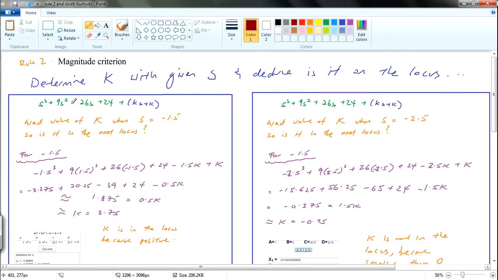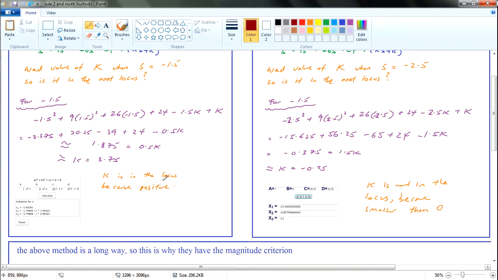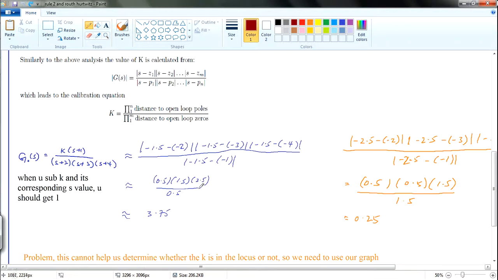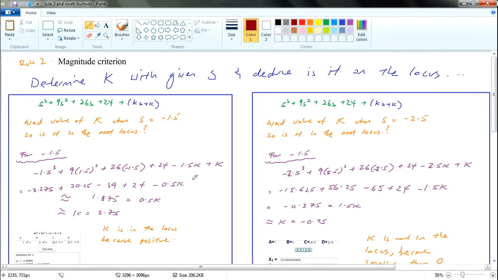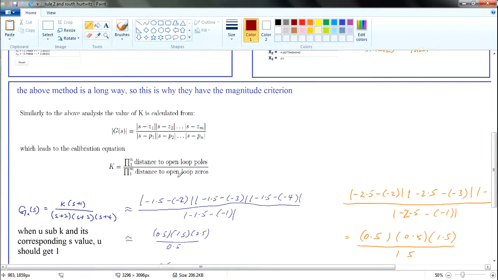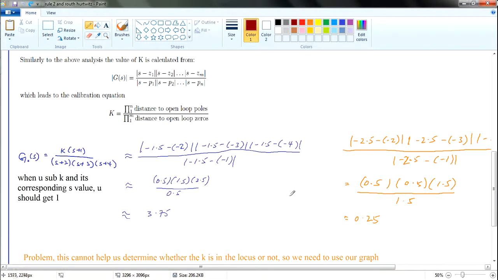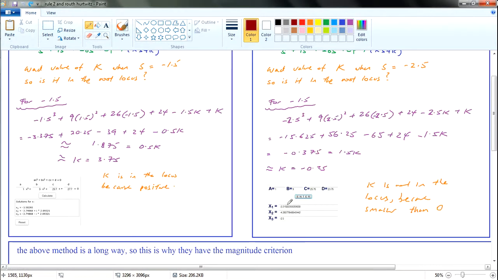So typically the characteristic equation is quite important. This is the so-called long way, I would say. Nonetheless, if k is in the locus, it is positive. Later on I'll introduce a rule that will also help you calculate this for the system if you don't want to sub in. As you can see, this is quite tedious, subbing in all these values. And in this method there is a certain constraint, which I'll explain.